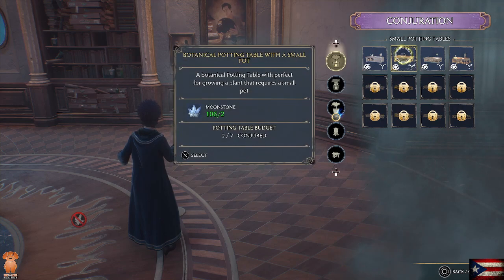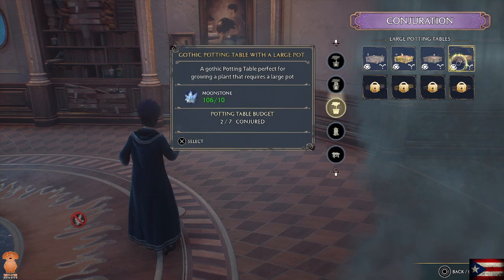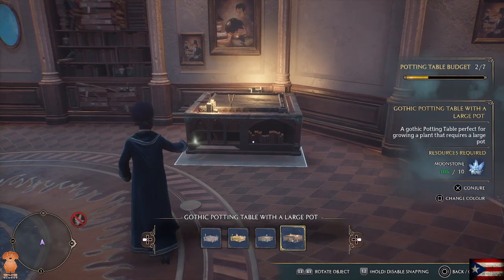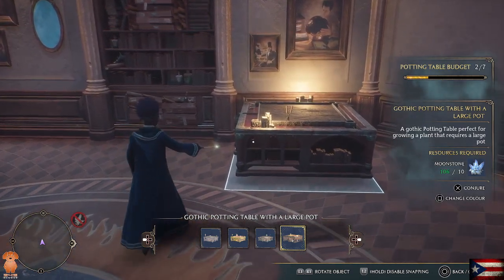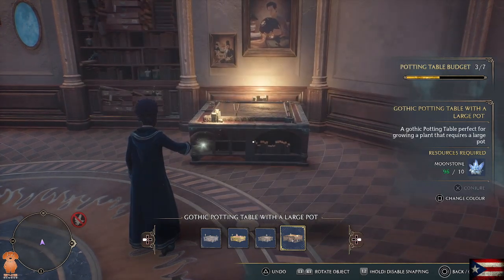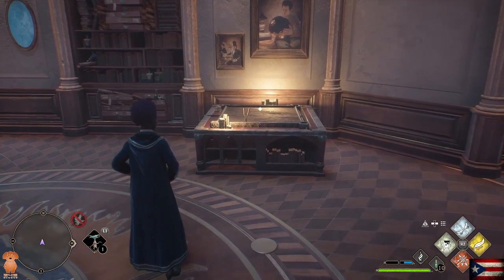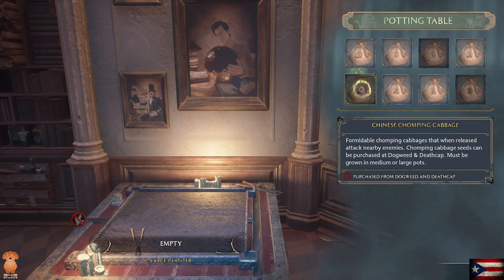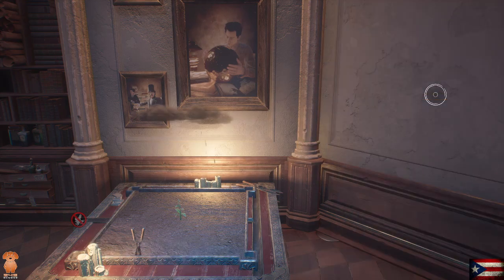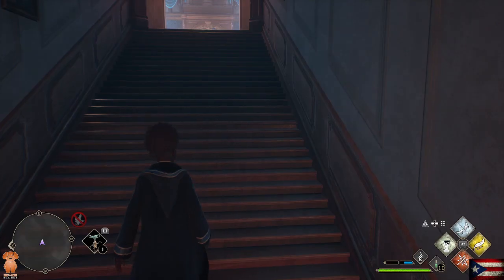Here we go. We get that big pot. Gothic. Yeah, we'll go Gothic. Yeah. Right there, baby. Oh, no. There we go. Okay. Now we should be able to grow some fluxweed. Right? Shrivel fig, fluxweed. Takes 15 minutes. And it'll give me 5 fluxweed. So we are well on our way to completing